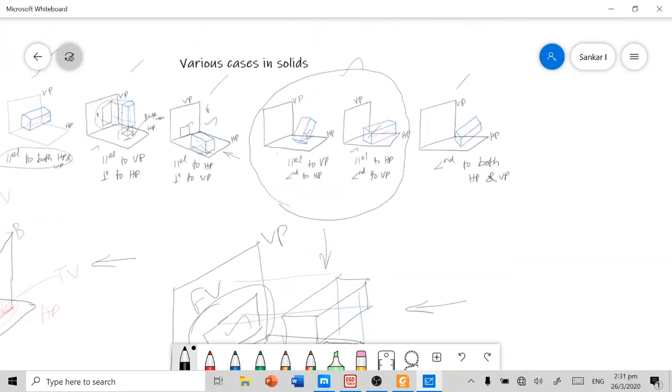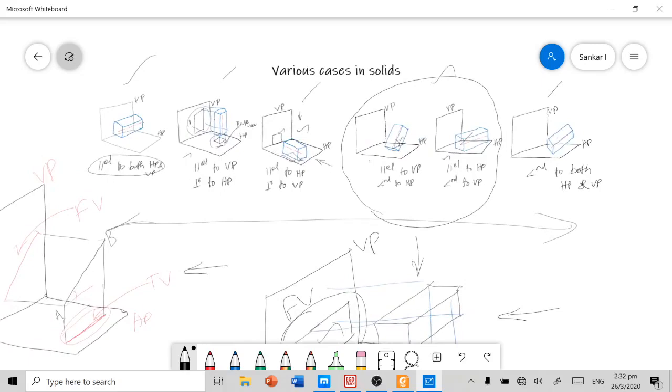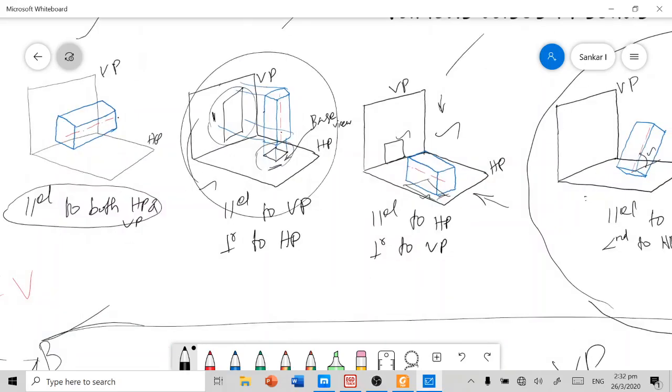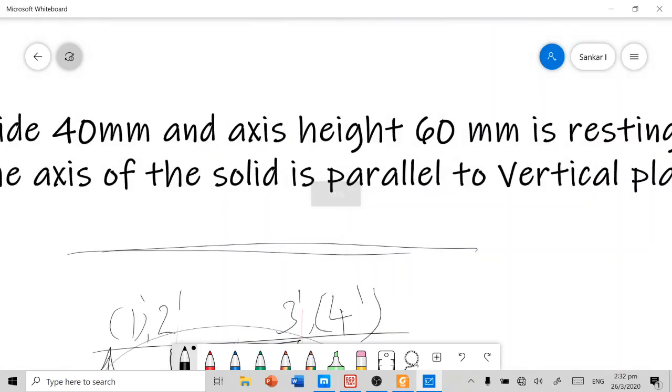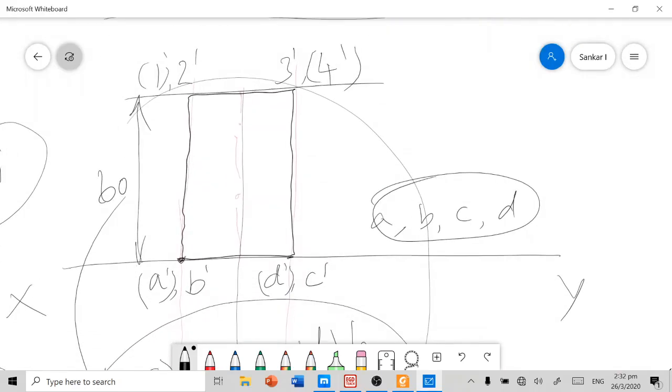In the same way, for all the cases we can draw the front and top views for various solids. This is a very simple problem, a square prism, but we are going to draw pentagonal prism, hexagonal pyramid, pentagonal pyramid, cone, cylinder and all solids which are in our contest. So based on the location of the solid, you need to develop its front and top views. Since it is a very simple problem, we bring out the answer in a single step.